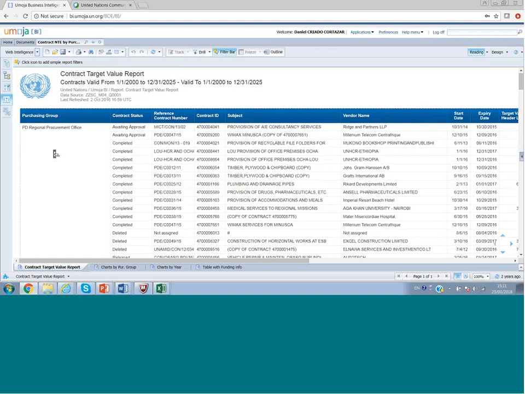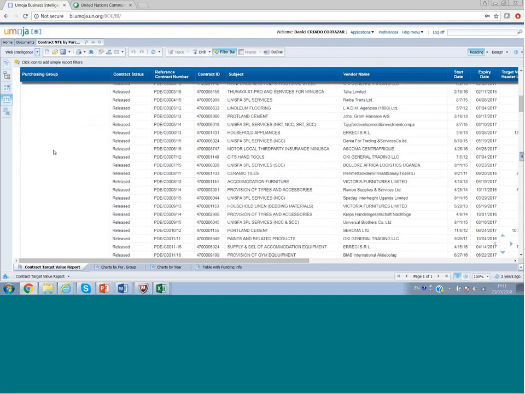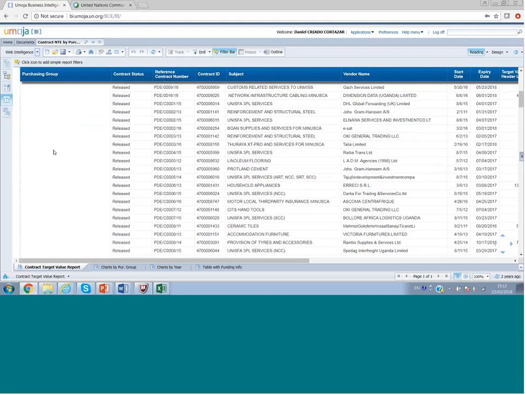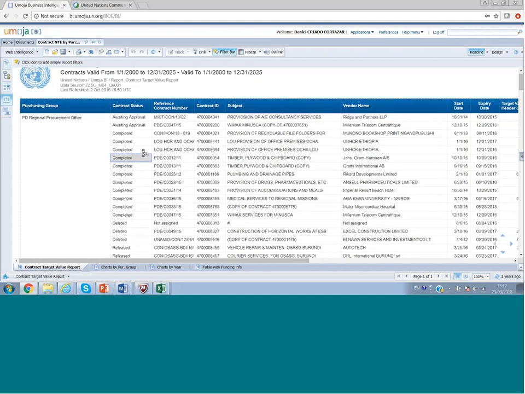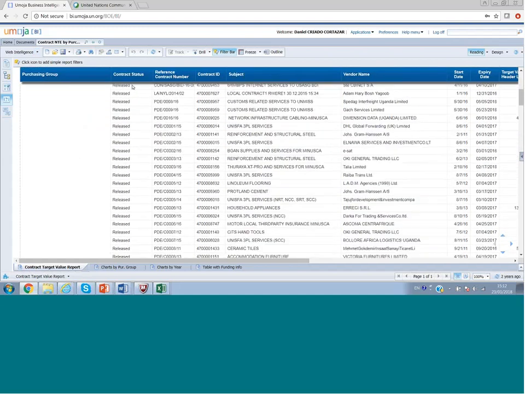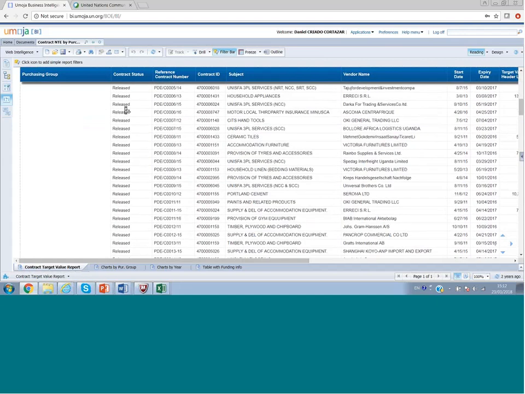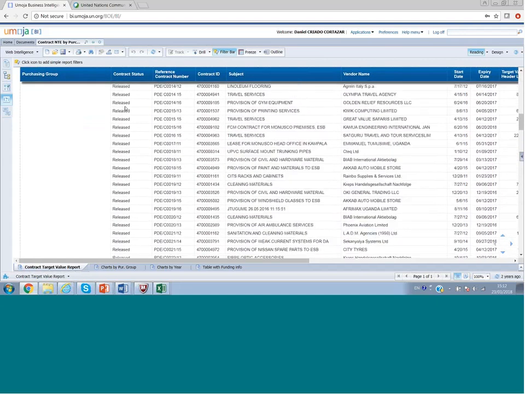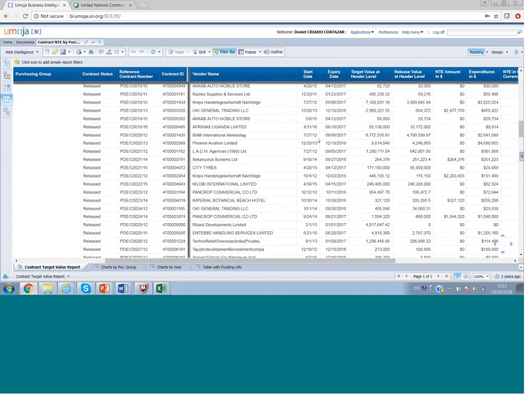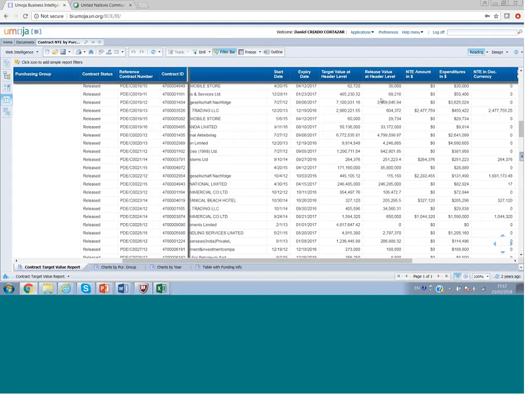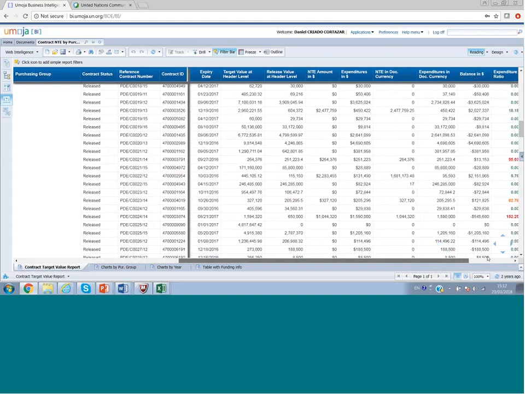The information stored there will vary depending on the mission, of course, but at the end of the day, it's the same structure of report. So this is the list of all the contracts for a particular mission with the status of them. See, if I scroll down, the header stays frozen, so I can take a look at all this list of contracts. And if I scroll to my right, I will have information on start dates, expiry dates, target value at header level, release value at header level, NTE amount, and if I scroll even more to my right, I will